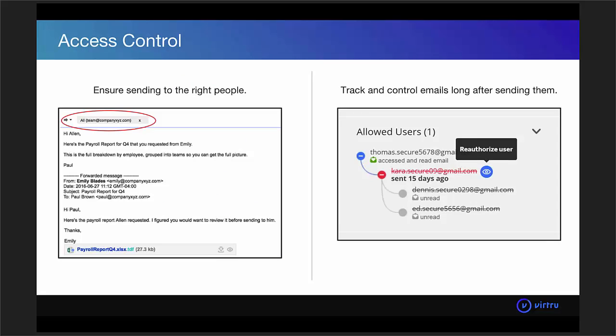So the second type of approach and thing to consider is access control, right? So what is that? That really is understanding and being able to enforce who has access and then how that data is being used and reshared. Obviously, people worry a lot about sending data to the wrong person, right? So maybe if you're trying to send to Alan, you might mess up and actually send to the all distribution list. And then the question is, is there something that you can do about that? Is there a dynamic access control mechanism that you can use